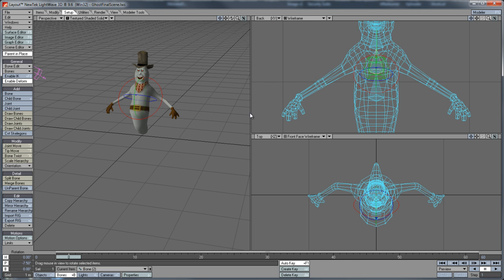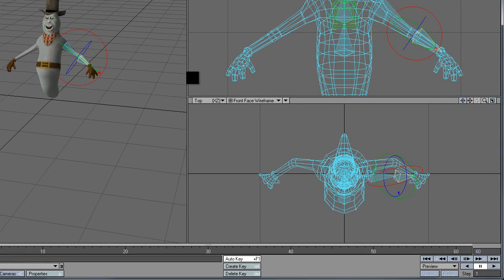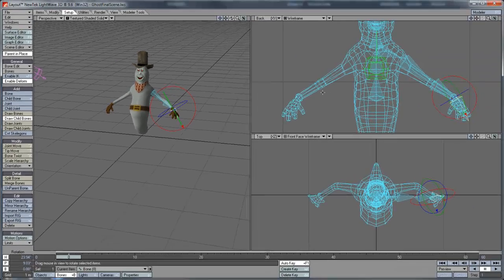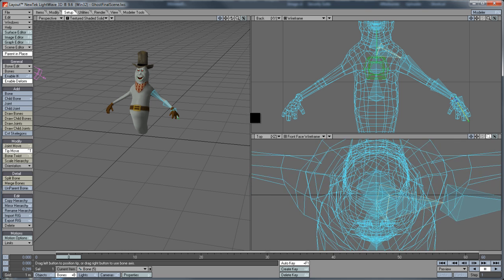So I'm doing one chain of bones that takes care of the upper half of the body. And here, this is for the shoulder. And then I'll make a forearm. And there was my double click problem happening again, so I'll have to delete that bone. Going down to the wrist, and then just one bone for the hand. As I mentioned, I won't be animating the fingers separately. Using tip move, looking at the top view, I'll try and get these bones in the right place.